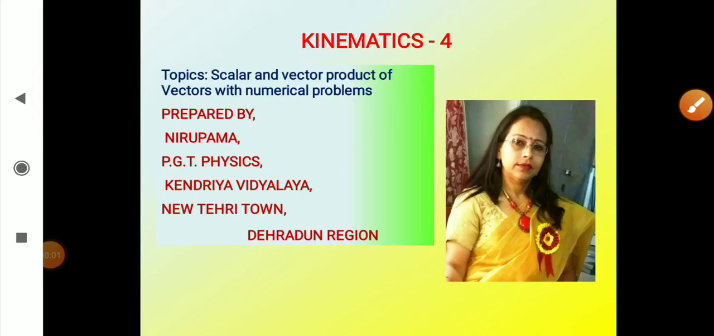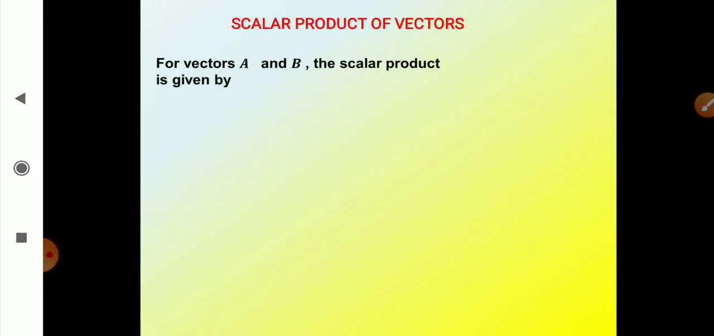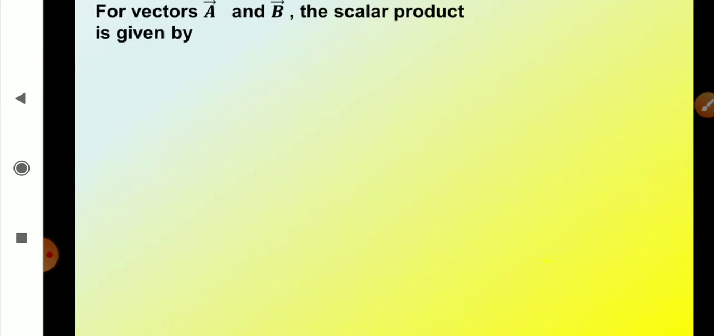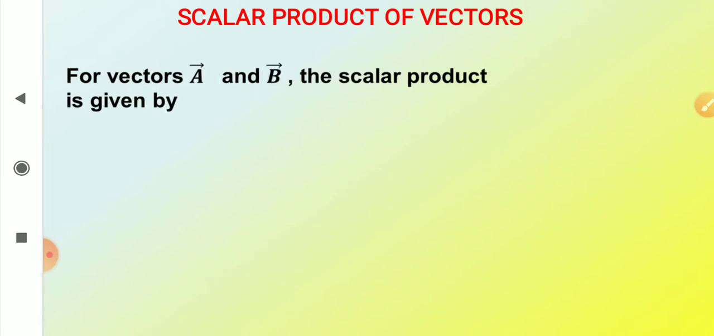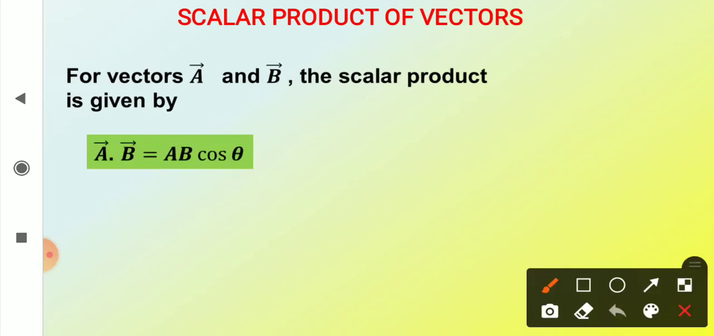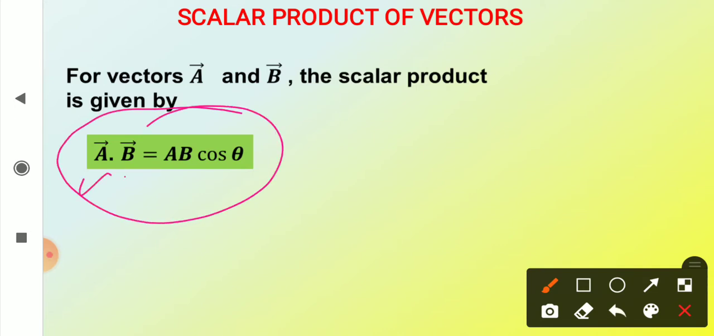Dear students, in this video on kinematics, we will study scalar and vector product of vectors with some numerical examples. So let us begin with scalar product of vectors. For vectors A and B, the scalar product is given by this relation: vector A dot vector B is equal